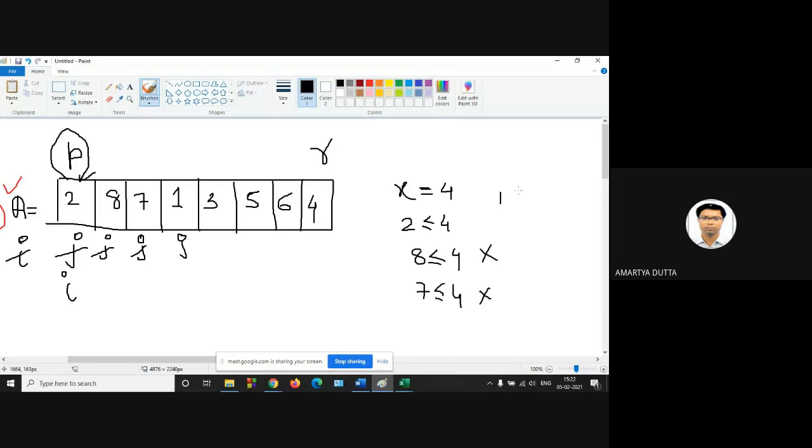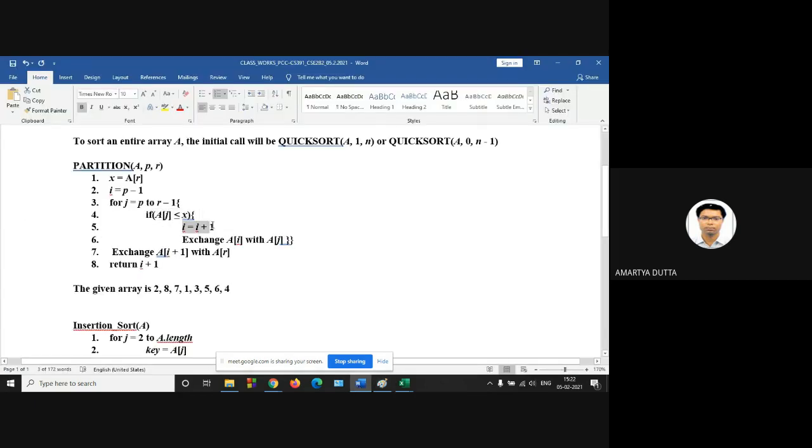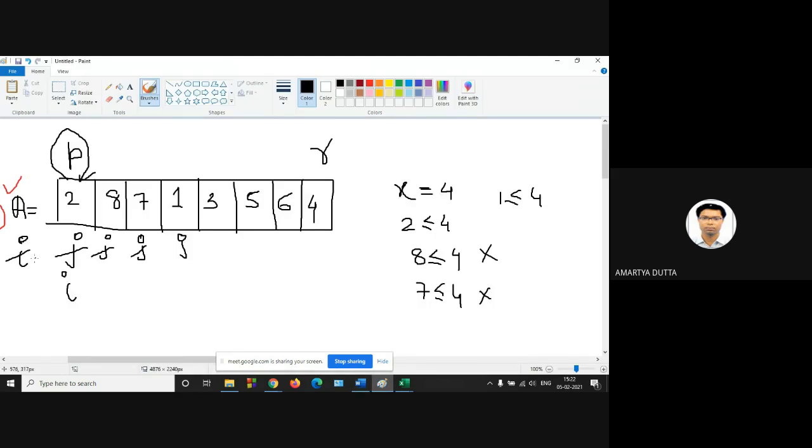Now 1. 1 is less than or equal to 4. Yes, this is true. So what should I do? First increment the value of i and then exchange A[i] with A[j]. So first increment the value of i, and then exchange A[i] with A[j].